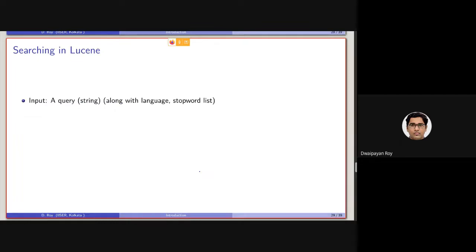In order to search, we will be given a query, which is basically a string, along with the language in which it is written and a stop word list. These can implicitly be approximated from the query itself. Generally the type of query that we'll be handling will be an English query. Otherwise we need to detect the language and use the corresponding